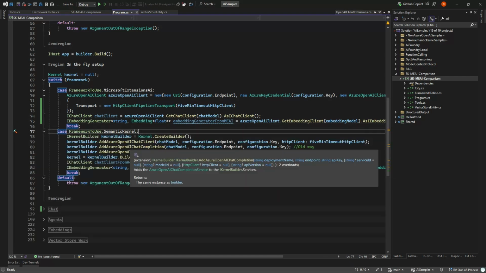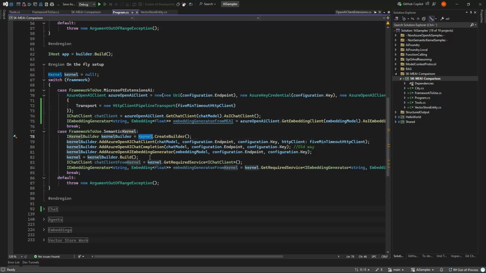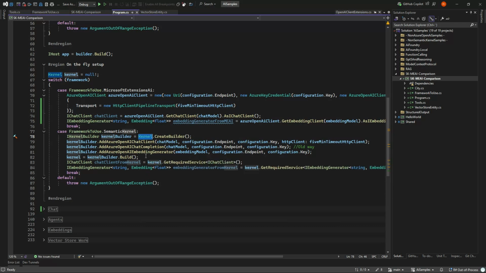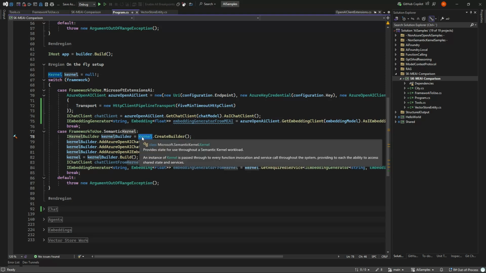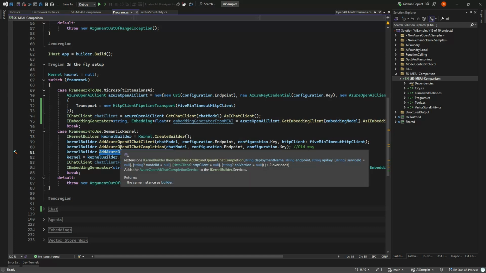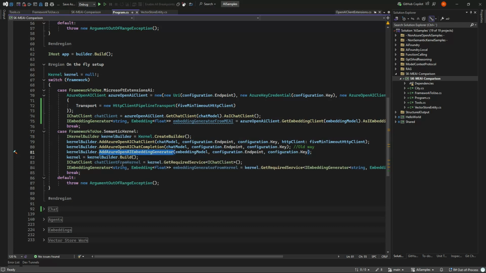Semantic Kernel can do more or less the same, but they have something called a kernel builder, which is a kind of mini dependency injection that you can have on the fly, which actually can give some benefits, but it's also unknown to many people using dependency injection that you actually have a mini dependency injection that runs on the fly. But it works, and it has the AI chat client and the embedding client, so it's exactly the same way as dependency injection. They have an older version of AI chat completion.